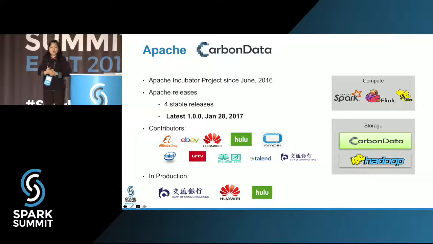Because we are an open source project, we have been able to attract developers from companies outside Huawei to contribute and grow the community. Here we list a couple of them. Later last year, we started doing POCs, and after a couple of successful POCs, we now have a couple in production deployment of CarbonData in